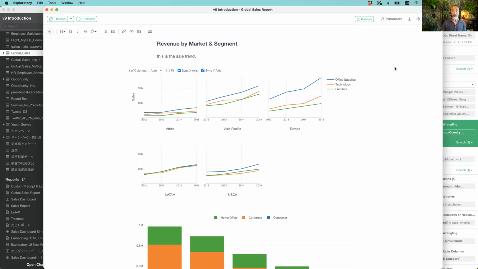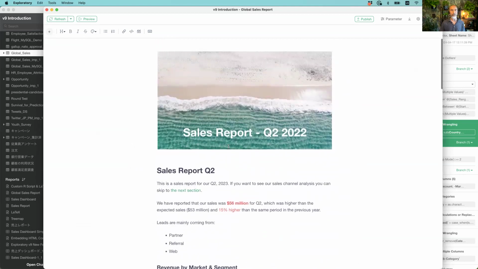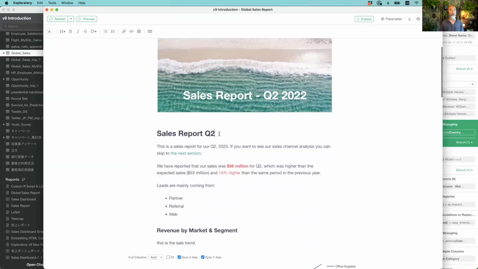Okay, so the next topic is the table of contents. Here I have this H1 header. To set an H1 header or H2 header or H3 and so on, you go to the toolbar and select this. Once you select this and set it as header 1 or 2 and so on, it will automatically generate the table of contents in preview mode or